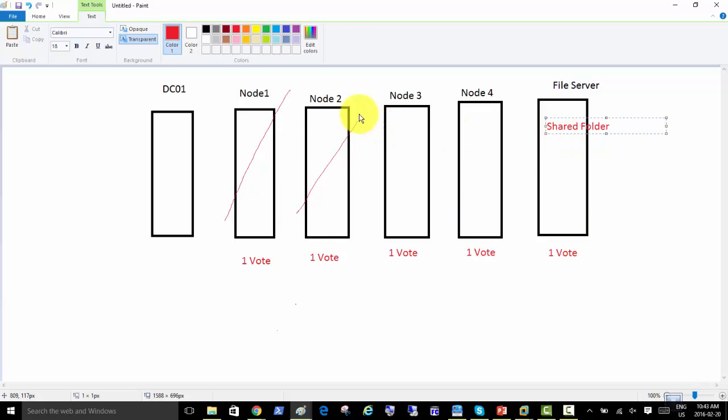Current status is, if 2 nodes are down, the information in the shared folder will be updated: oh, 2 nodes are down. And this is considered as 1 vote for the whole clustering service to consider whether I should go down or not. So we are putting some files in the shared folder of a file server. File server is not a node. File server is just file server. It is not taking part in anything,